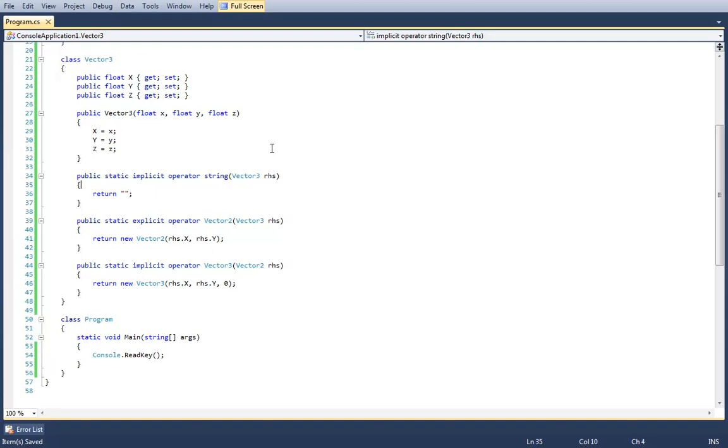But also, for example, what if I did this? What does this even mean? What does converting a vector 3 to an int mean? Am I getting the vector's length? Am I getting the sum of all the components? Am I doing any number of arbitrary mathematical operations that can be performed on 3 float components and return a single value?